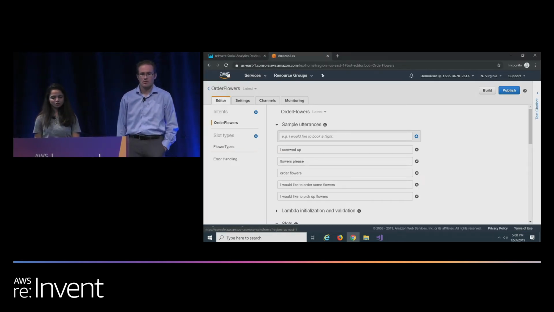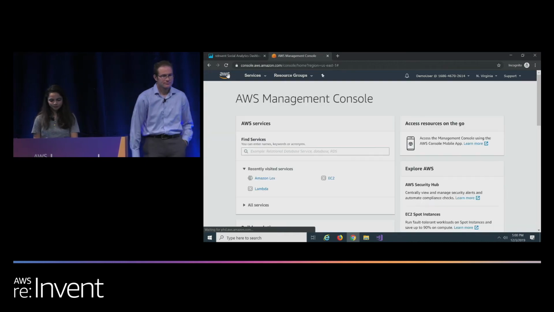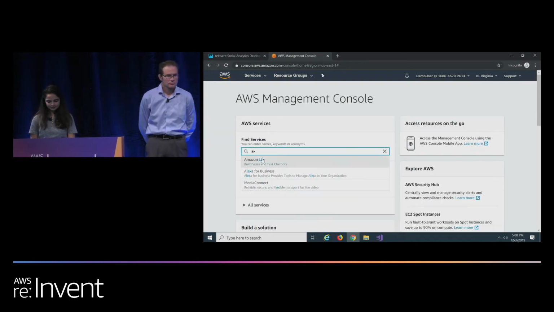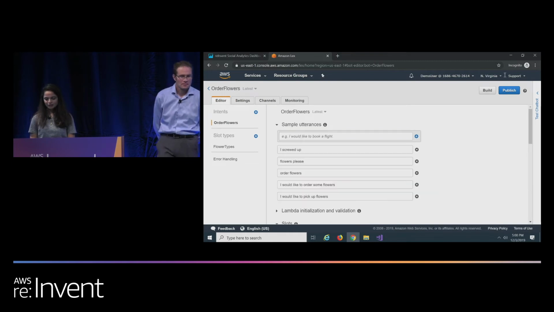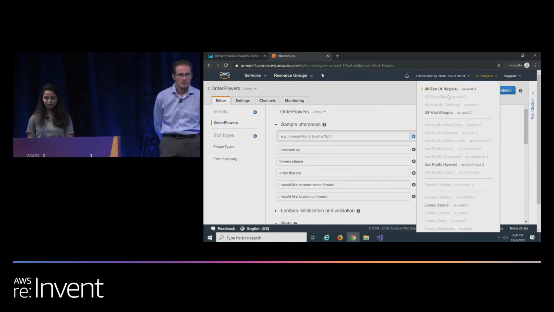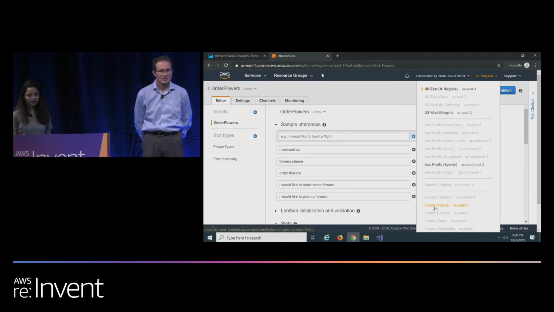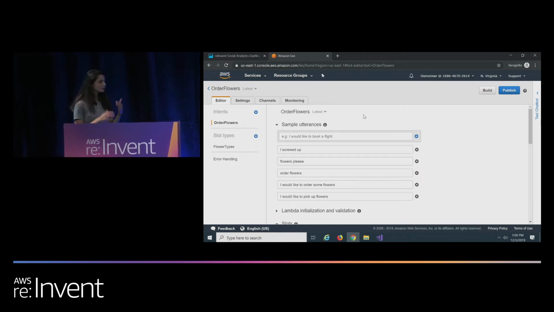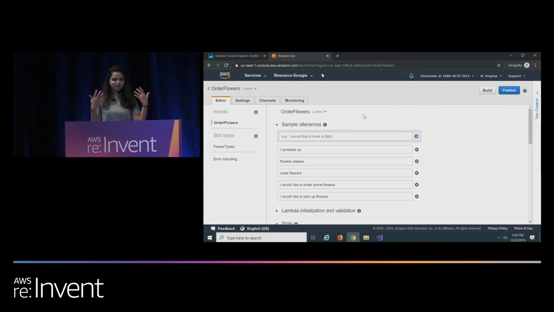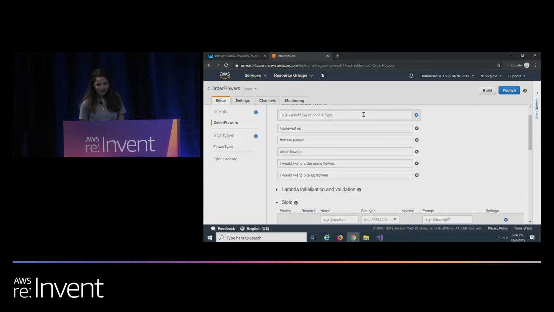So this is the AWS console, right? So you go and check for Lex. And we have already few of the bots created, and I'm going to explain order flowers for you. And you can check here what are the regions Lex supports: Virginia, Oregon, Sydney, and Ireland. So it's total 4 now. So we've built this chatbot, order flowers. In fact, when you start building chatbots, there are certain blueprints available for you, like order flowers, schedule an appointment, book a trip. So you can start from there instead of starting from scratch, or you could start from scratch as well. And these are the sample utterances that we have.